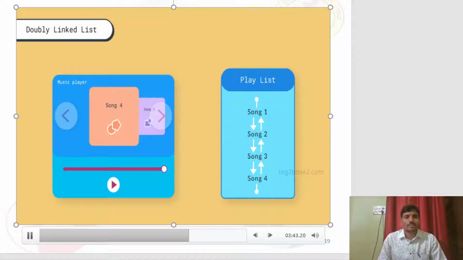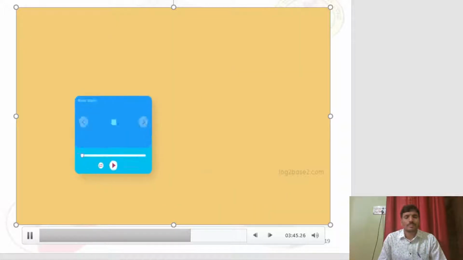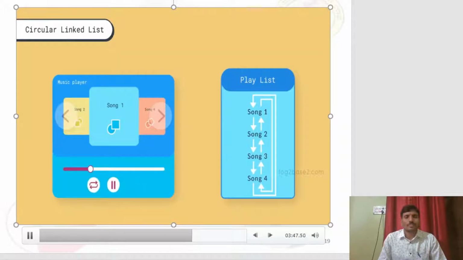But sometimes we play a playlist in a repeat mode, so that after the last song is completed, the first song will start playing again and it will play in this cyclic mode and will never stop. So that is a circular linked list. The last node is connected to the first node again. That is, the last song is connected to the first song again and it will repeat the playlist.